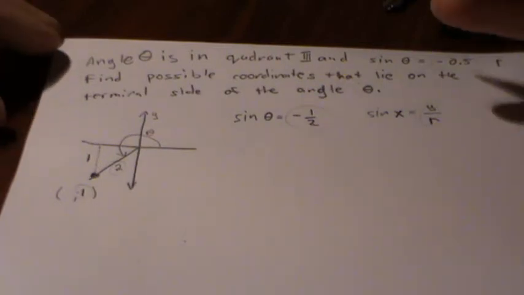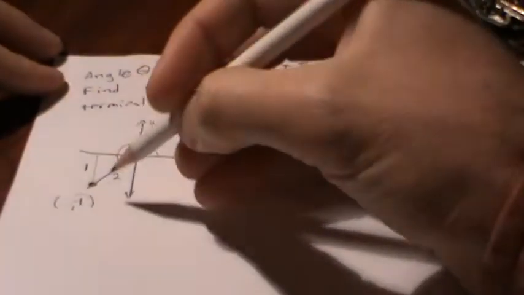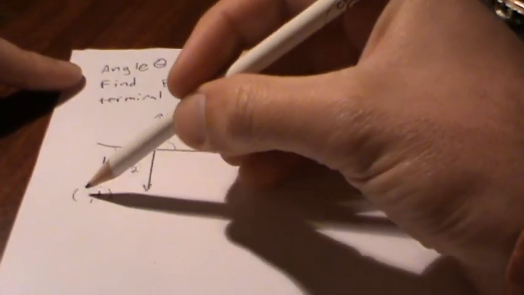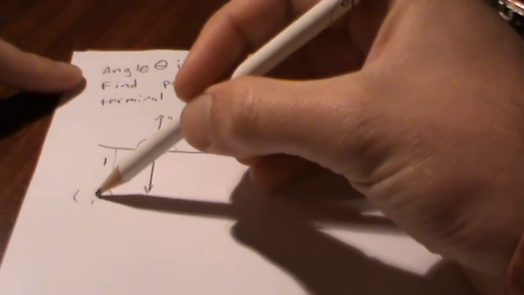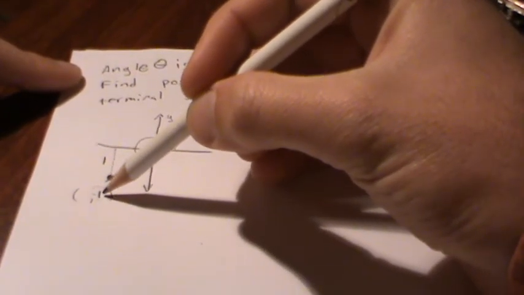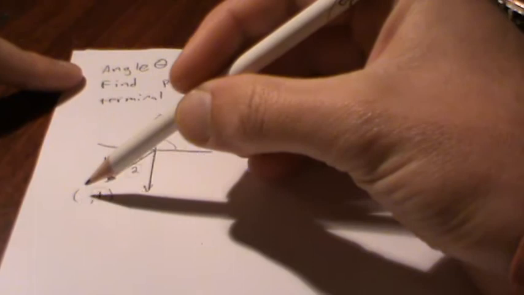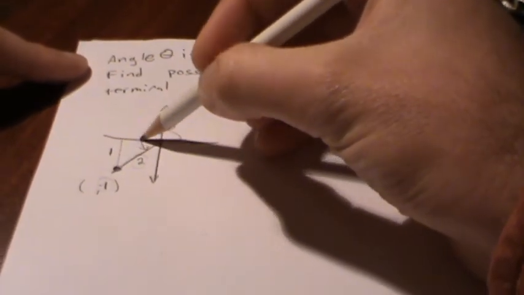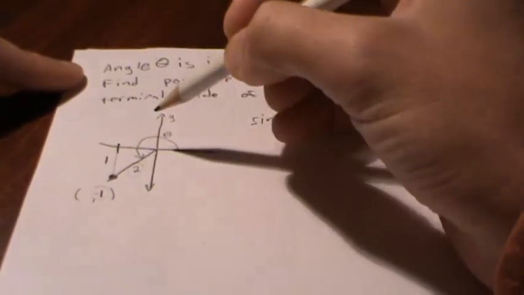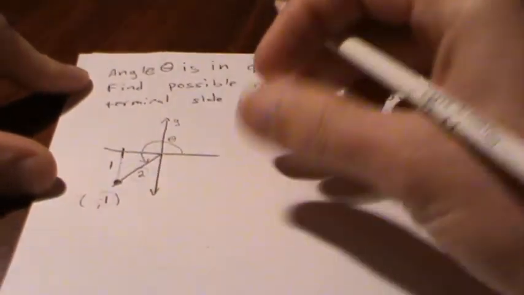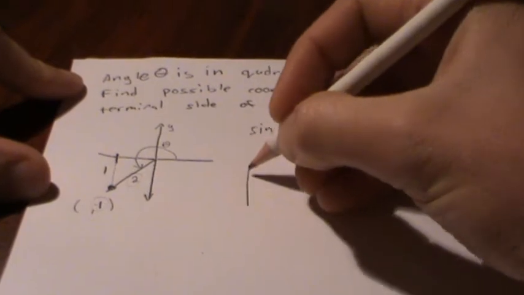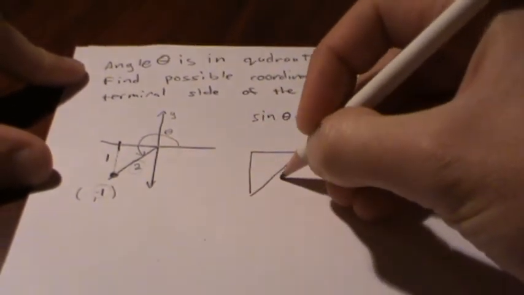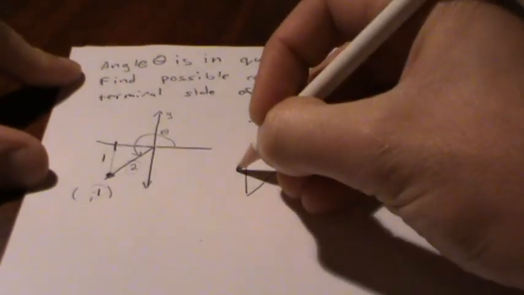But we need possible coordinates. So the coordinates of a point that lie on this side is going to require an x and a y. So we already know what the y coordinate is, but now we need to find the x coordinate. The x coordinate would be equivalent to this distance here. Now if I take this triangle and I kind of pull it away, and I say that this is 2 and this is 1,